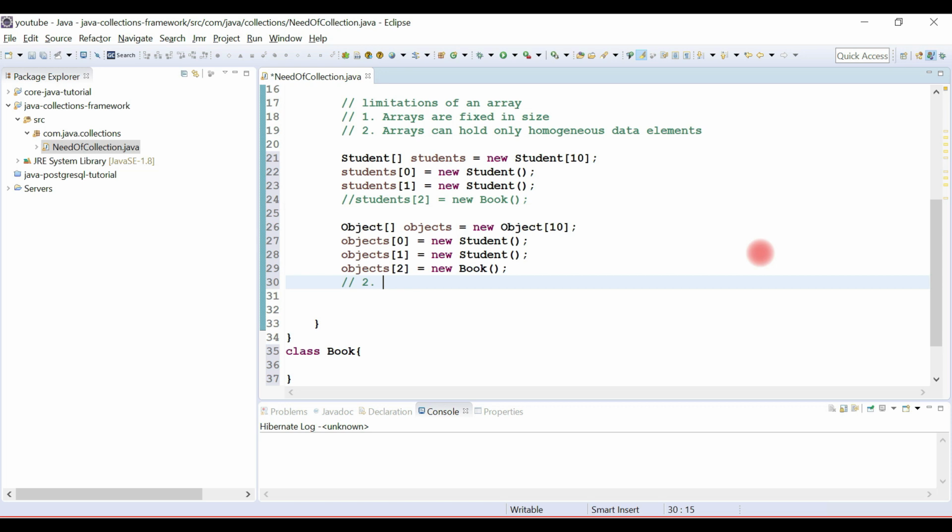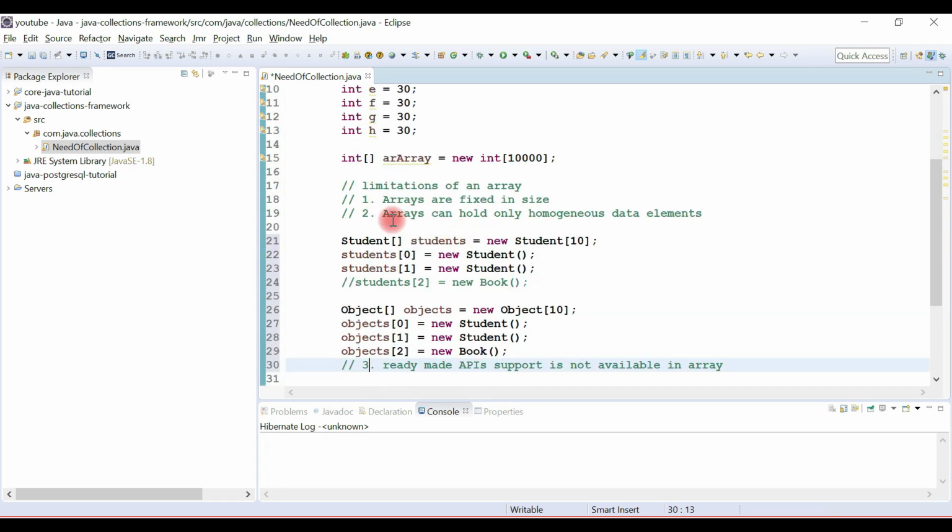There are no ready-made APIs available to write the logic for algorithms or data structures in arrays. So this is one more limitation of an array: ready-made support is not available in arrays. Great, this is the third limitation, right?